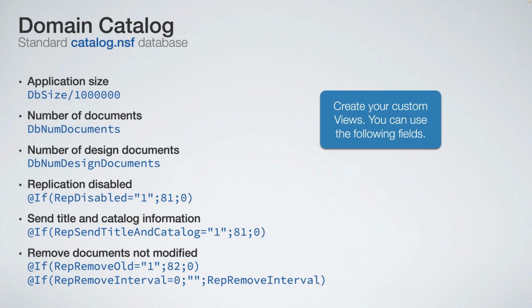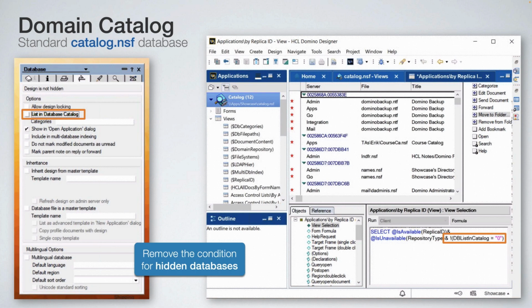You can add your custom view, copy paste from the view that is closest to your requirements, and add columns. On this slide, I put some useful columns that you can use to create your views, your reports, and also